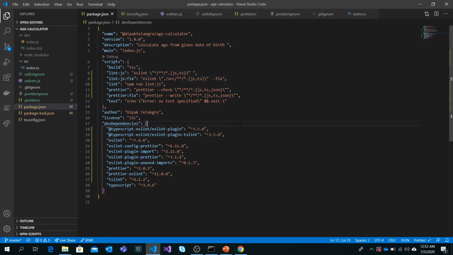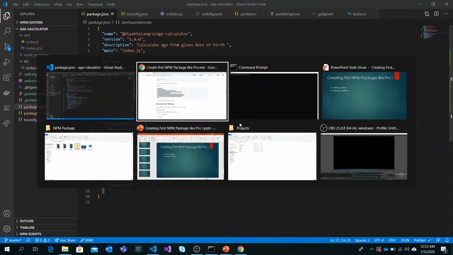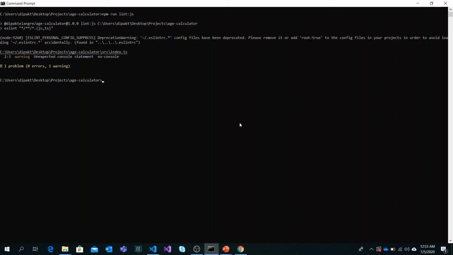Let's try to execute this command and check for any linting errors that we have in our code, as well as use the fix option to fix the linting problems. I'm going to the terminal and running the command npm run lint:js. It is going to scan all these files for JS and TS extensions and lint using our rules.